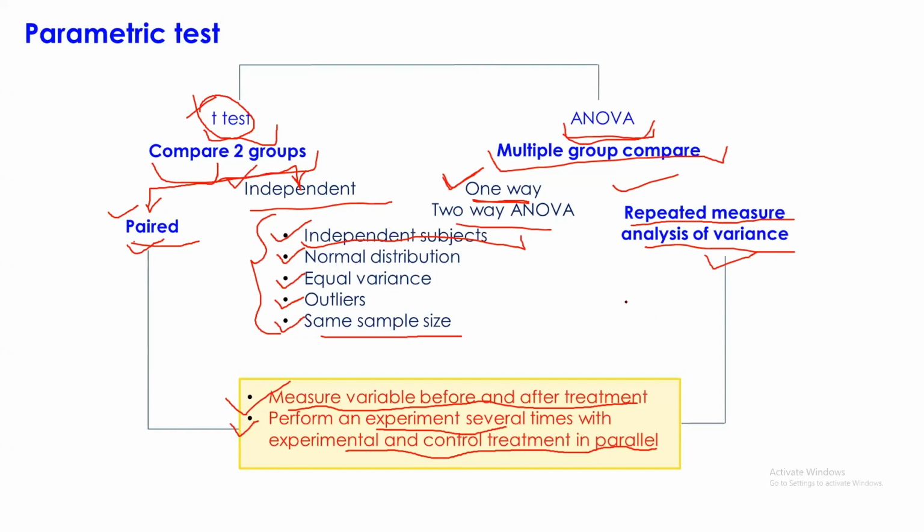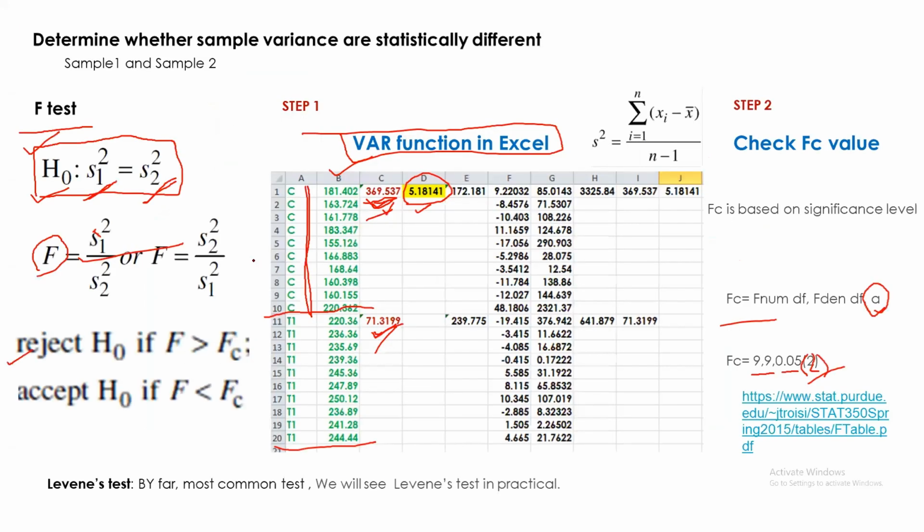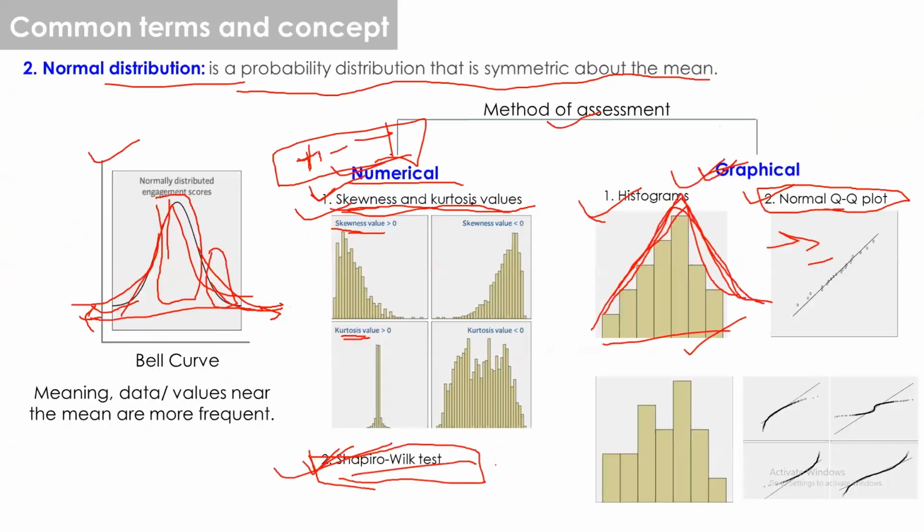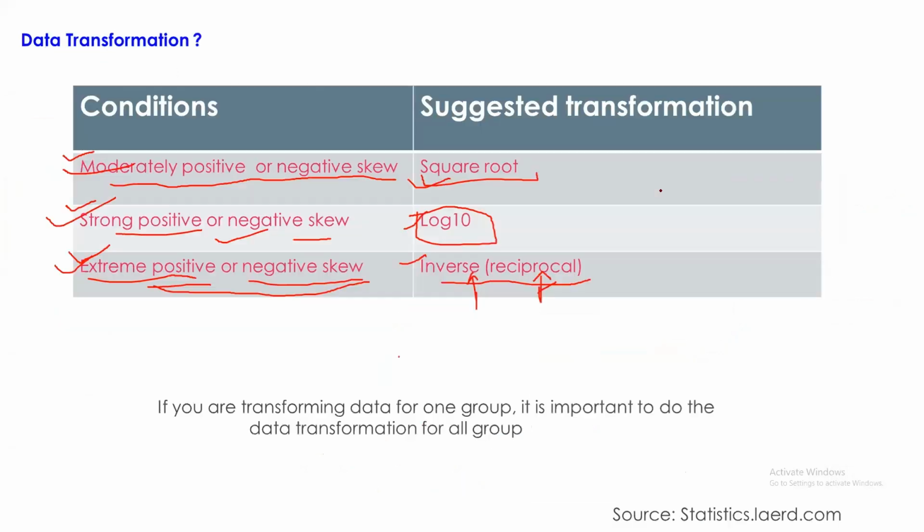But before that, I just want to show you how you can calculate the independent sample t-test and ANOVA if you do have all the assumptions met. I hope that you remember how we calculated normality yesterday, right, using SPSS. I also showed you how you can assess the normal distribution using skewness, kurtosis, histogram, and normal QQ plot using SPSS as well as PAST. I am assuming that you already have knowledge about normal distribution. So I am going further